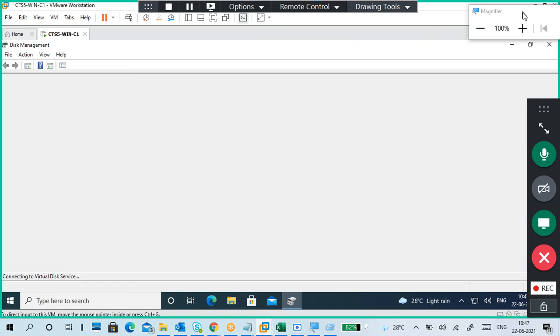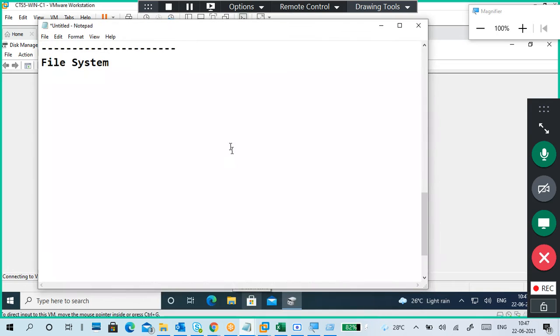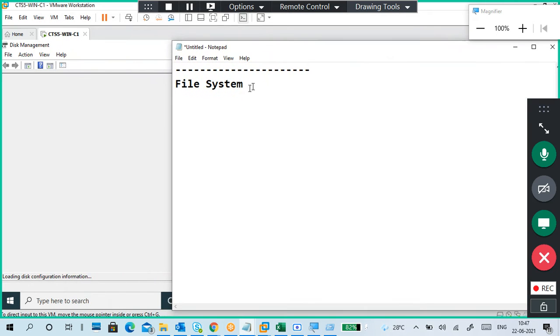Yeah, it is connecting. So what is a file system? What is a Linux file system? When you install Linux, what file system are you using?